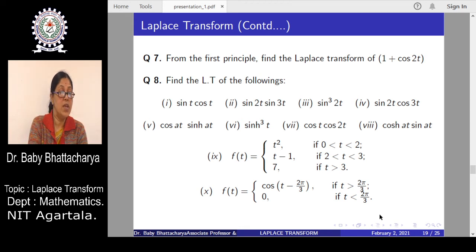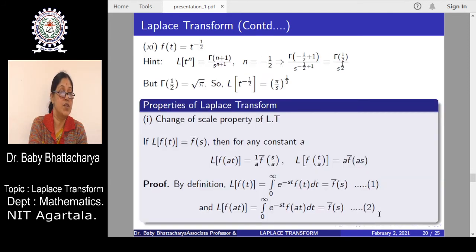So we have discussed how to find the Laplace transformation of elementary functions, and whenever the function is given in some intervals, sub intervals, then also we can find the Laplace transformation of the function. Now, one important aspect I must mention here is that if it is the case to find the Laplace transformation of the function f(t) whenever it is given that t to the power minus half, then how to find the Laplace transformation of this function? Actually, here we will be applying the gamma function, and we know that gamma half